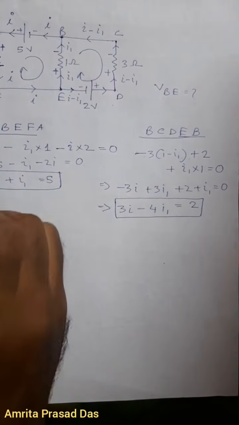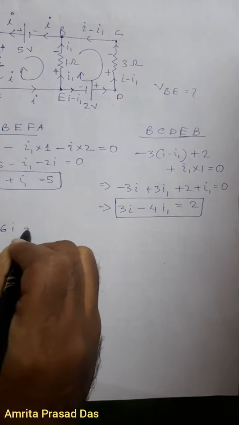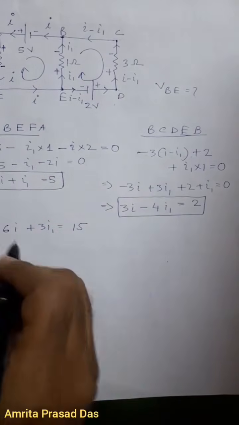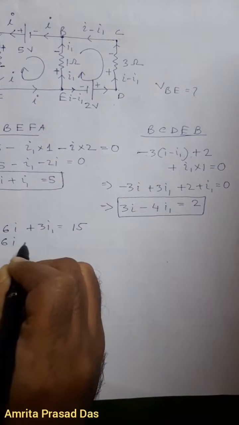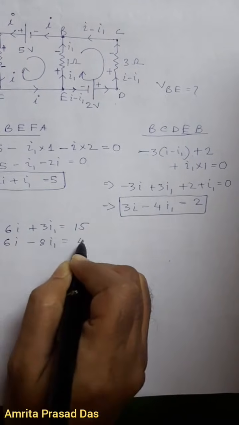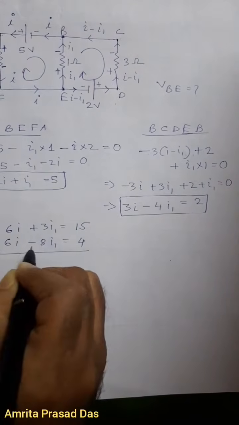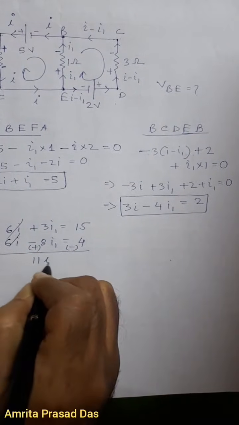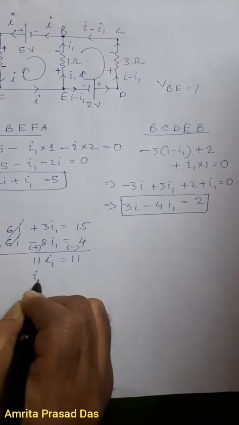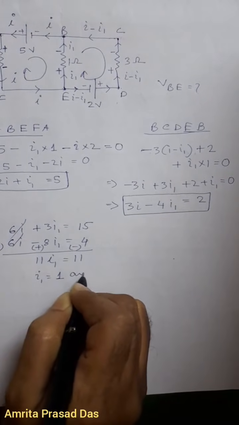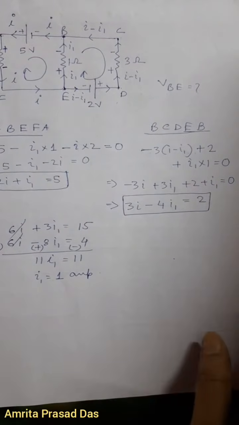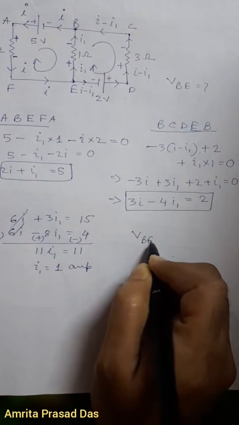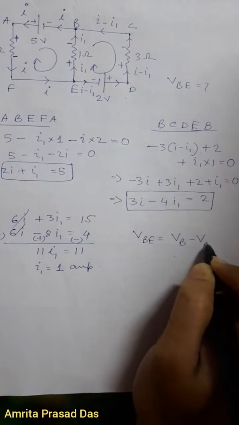I am multiplying this equation by 3. So 6I plus 3I1 is equal to 15, and this with 2, 6I minus 8I1 is equal to 4. Subtracting, 11I1 is equal to 11, or I1 is equal to 1 ampere. Therefore you have to find out the potential difference between